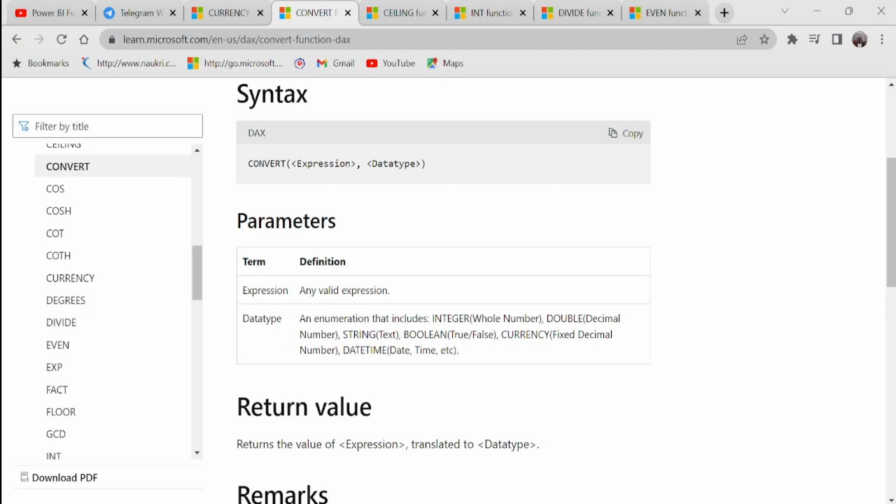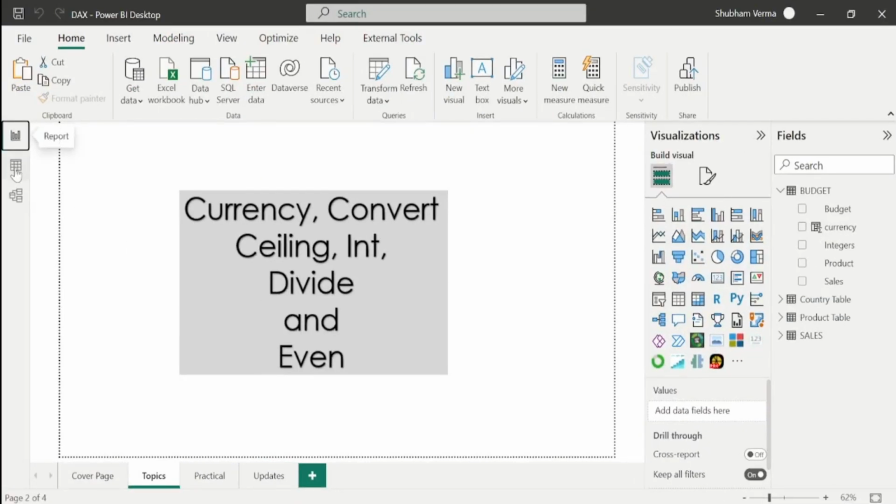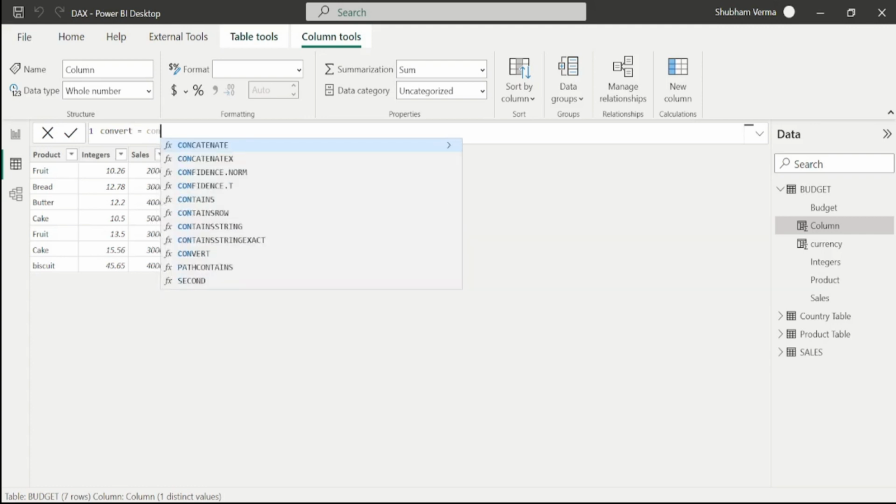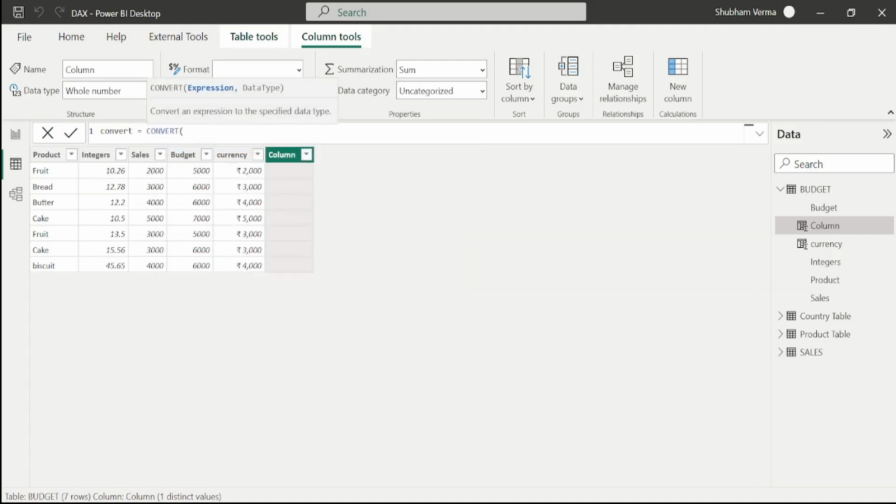So let's go to Power BI desktop and go to data view. And now this time I will apply this convert DAX function. So I have taken new calculated column from here, and let me rename this column name as convert. And now I will use my DAX function, which is convert. So here we have two parameters. So the first one is expression. So under expression guys, I will take this sales column, which is from the budget table, comma, and the next